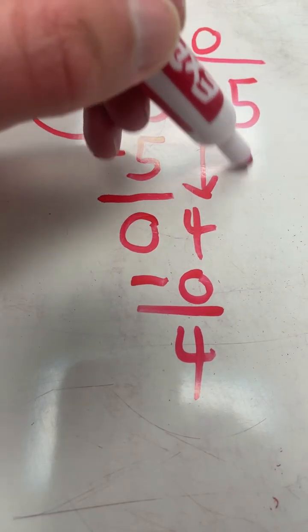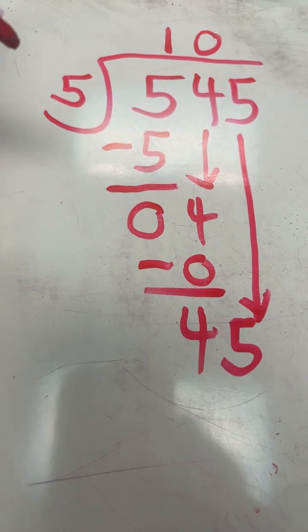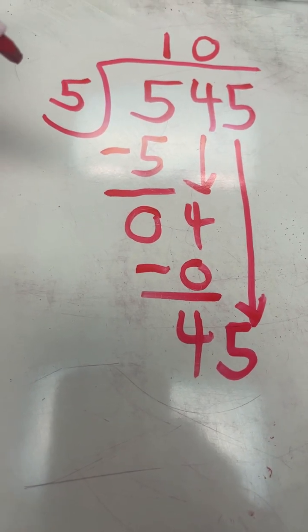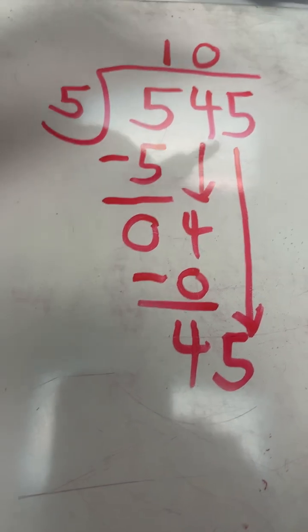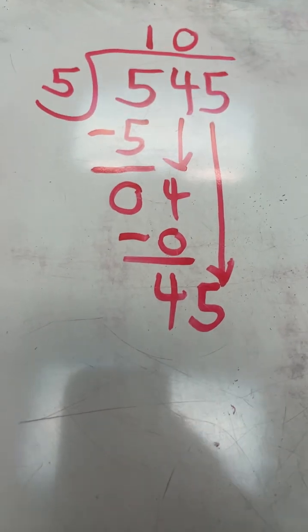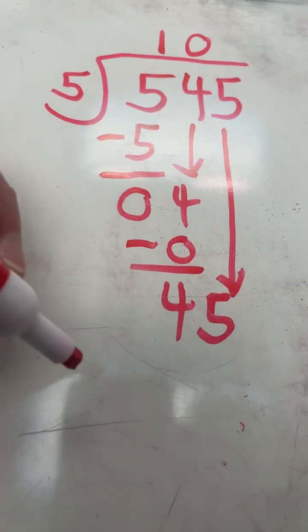So then the next step is we have to bring down the next number. We bring down the 5 and then the 4 becomes a 45. 45 divided by 5 equals 9. For those of you that aren't able to do that fluently in your head,